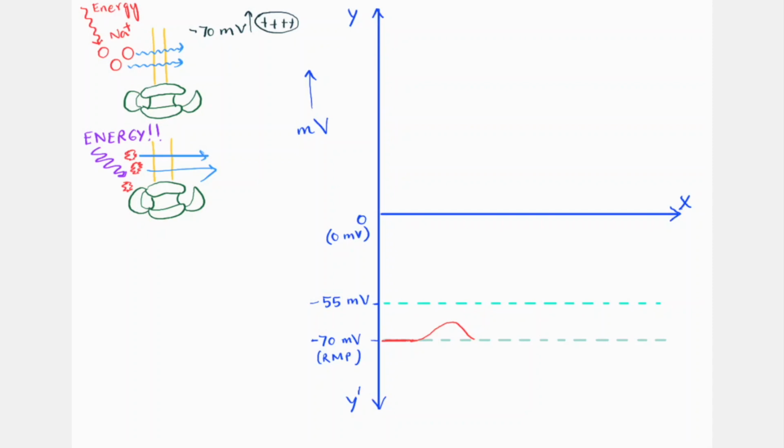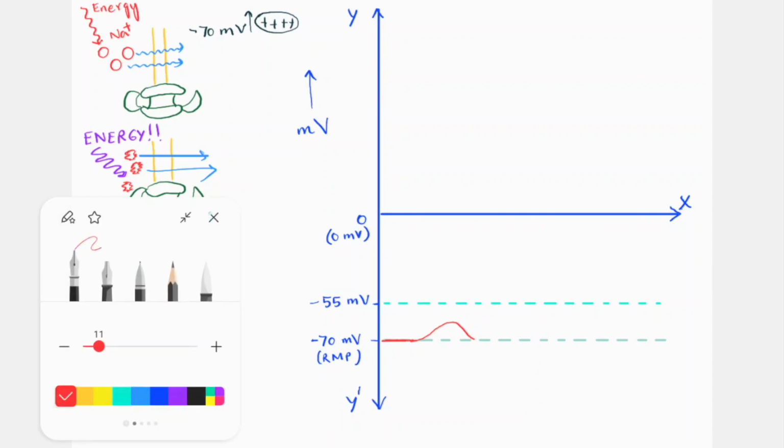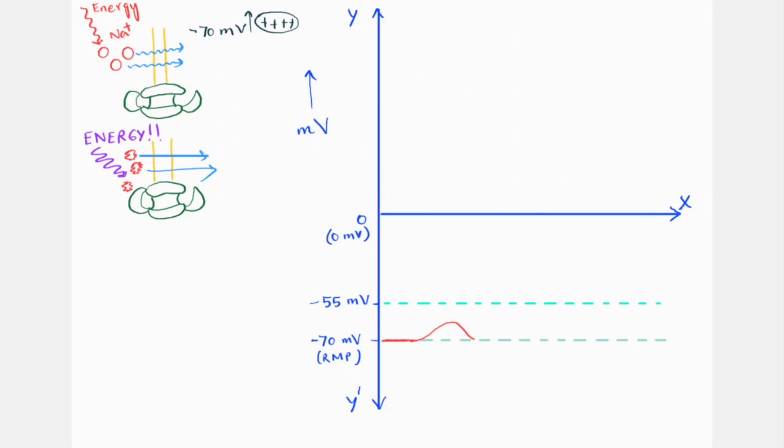Now what? Now, if we consider the profile, see, it's back to minus 70. Now it's increasing, it's increasing, it's increasing. There it is. It reaches minus 55. That's what I'm talking about, right? Now that's the real deal right there. This minus 55, it's got a very nice name, right? It's called the threshold potential.